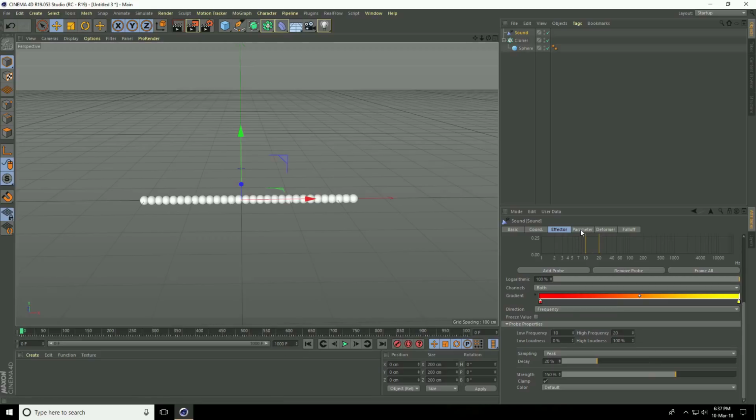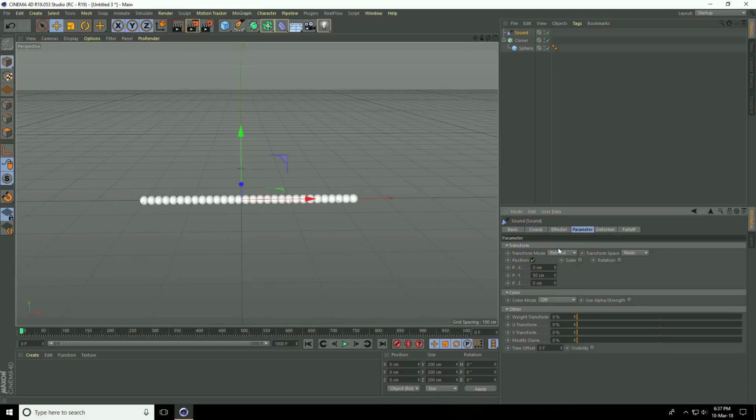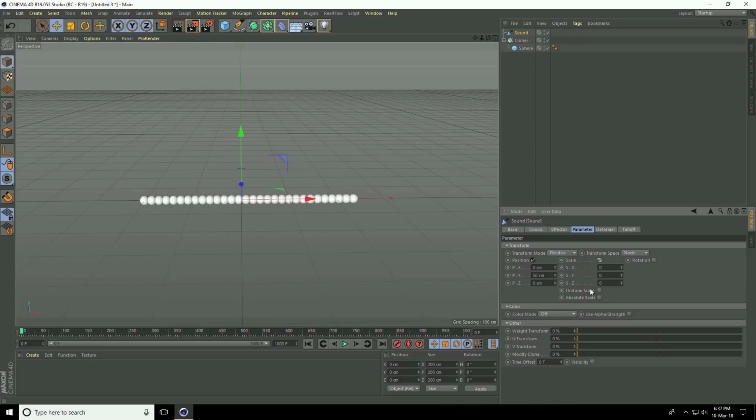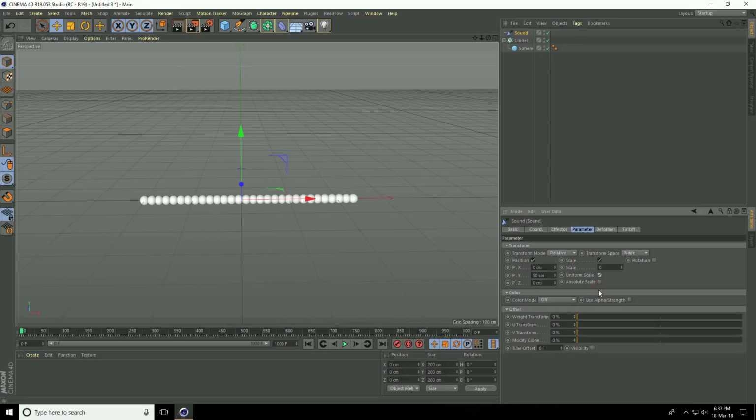This is my sound parameter and position is good. Go to scale, scale check and non-uniform scale check. This is my scale size. Scale size take -5 and play.